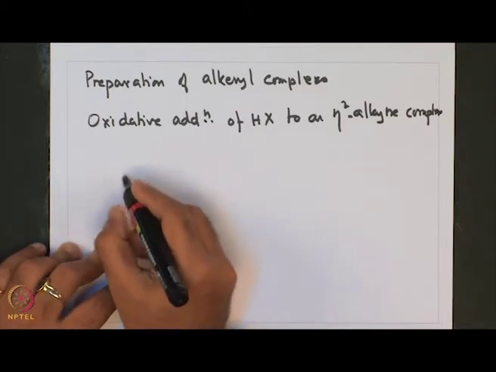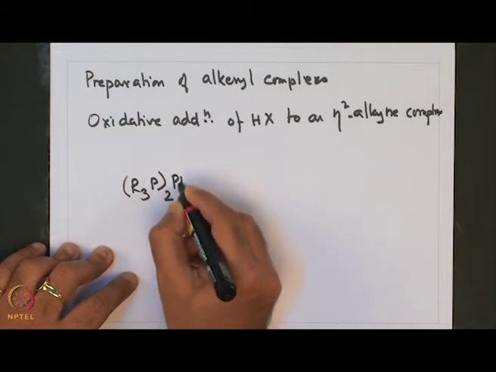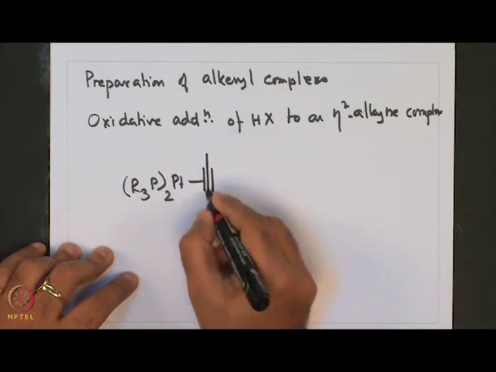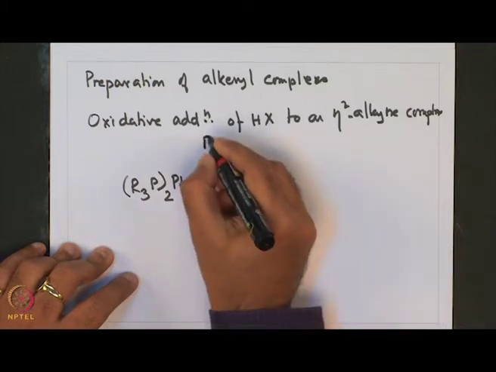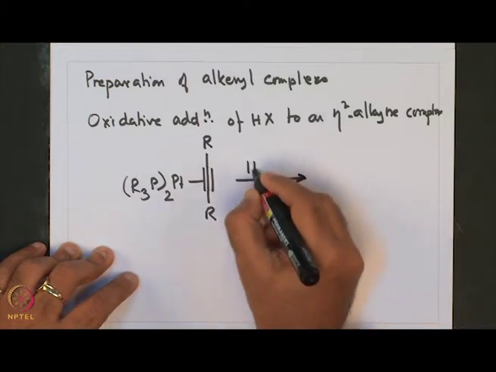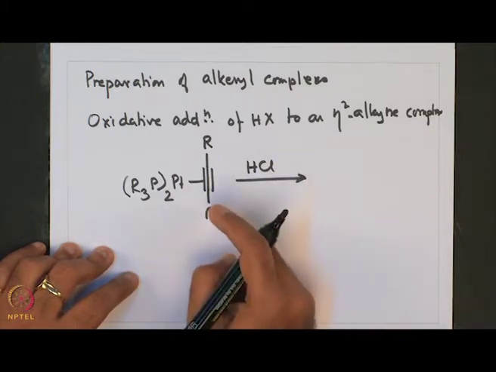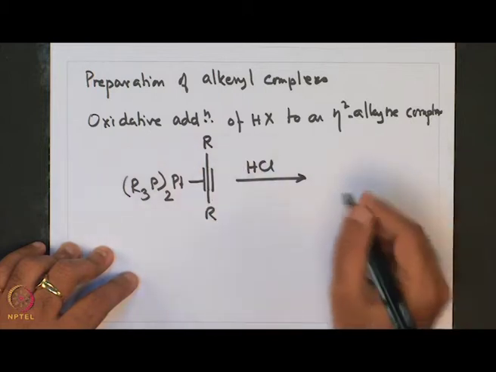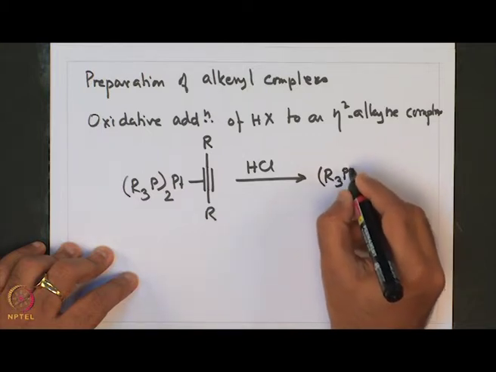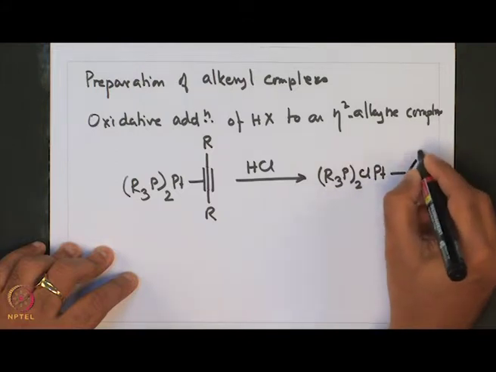This is best represented by (R3P)2Pt having an alkyne bound to it, which reacts with HCl, with HCl protonating the alkyne and platinum getting chlorinated, giving (R3P)2PtCl